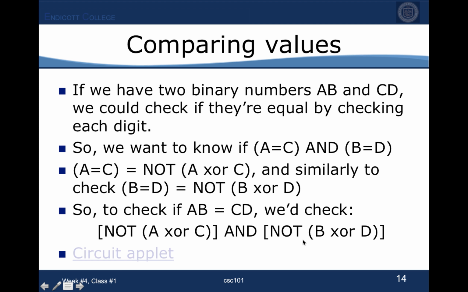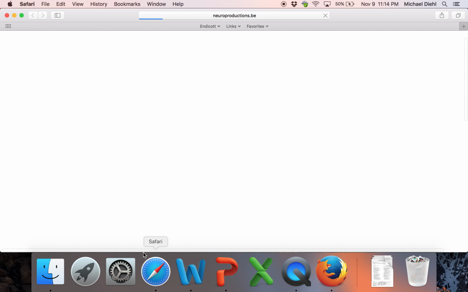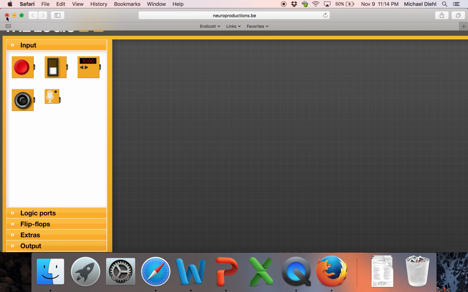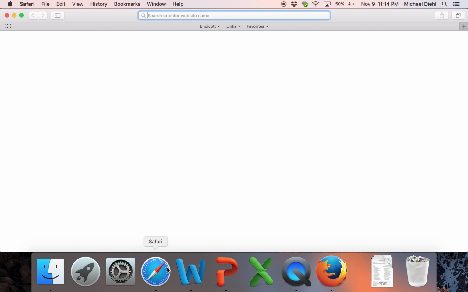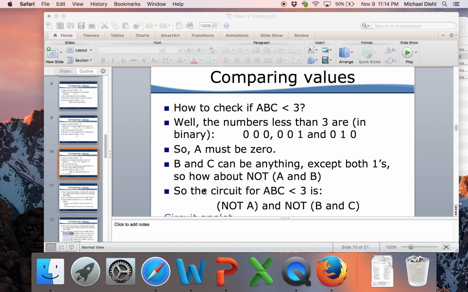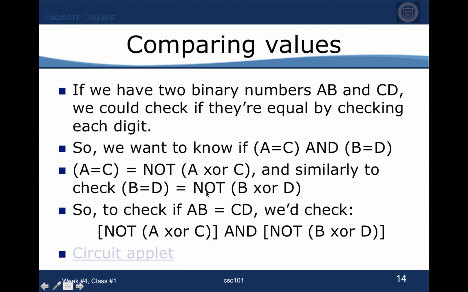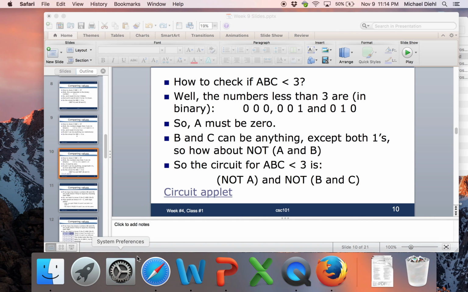All right? So maybe we should see this one in action. So, oops, oh no, I've lost that one. Maybe I can get it back. I can't. Okay. So just relaunch this. If I want to build this circuit,